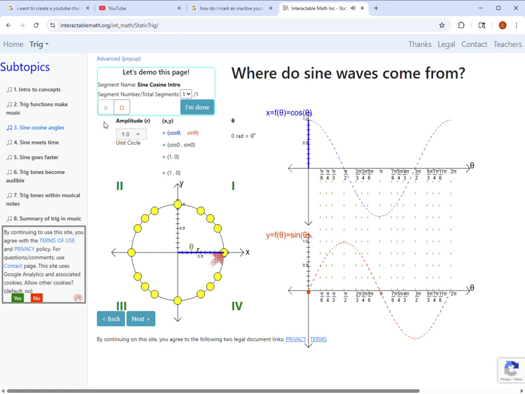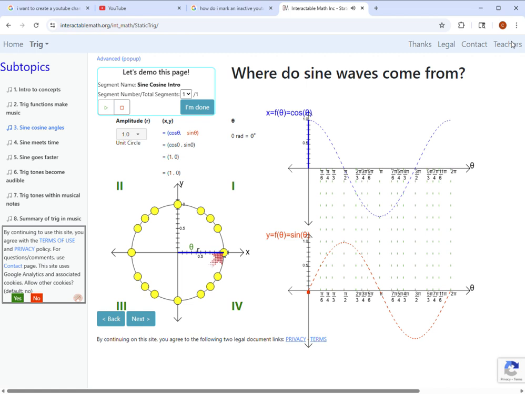You can see how the blue cosine curve is the same as the red sine curve shifted by pi over 2. In other words, cosine of theta equals sine of theta plus pi over 2. Because of this, as we move forward, we will focus on sine. The graphs to the right are in terms of angle theta only. There is no concept of time yet. Whether you go around the unit circle quickly or slowly, the graph looks the same.